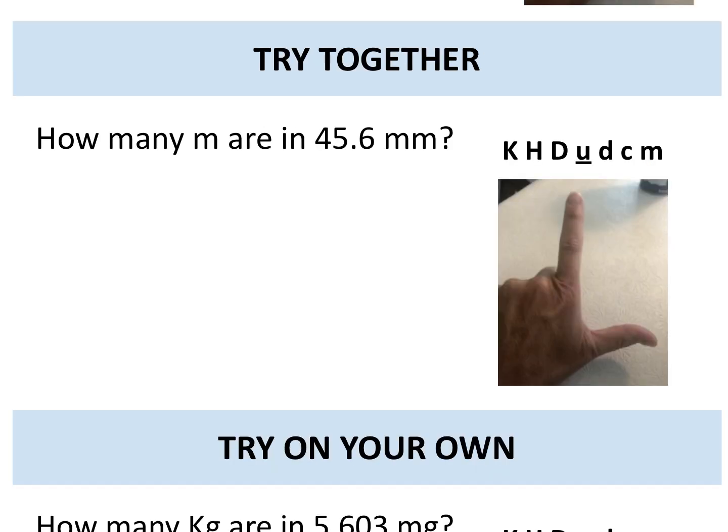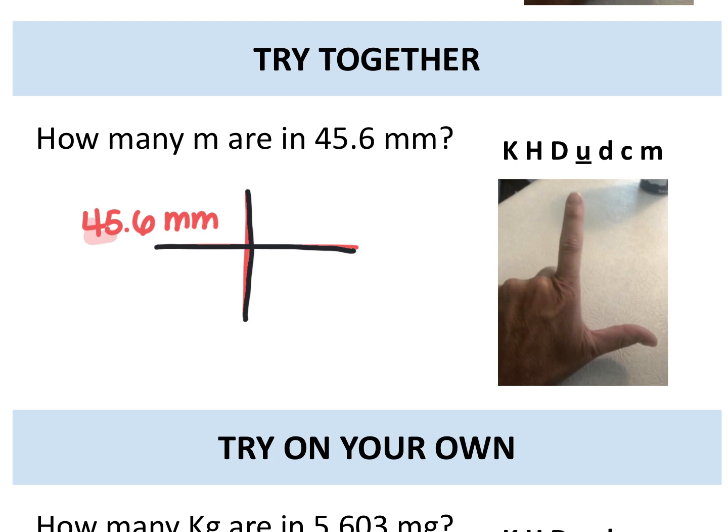So for example, let's do this one together. Whatever I'm starting with, I always like to identify that as my given. So for example, I will write my 45.6 millimeters. I will set up my train track or my fraction. Do it like this. And one big thing that's really helpful is when you're setting up your fraction, you always